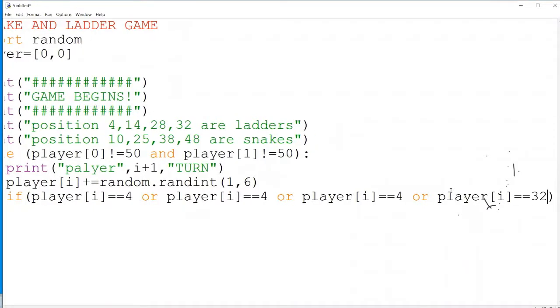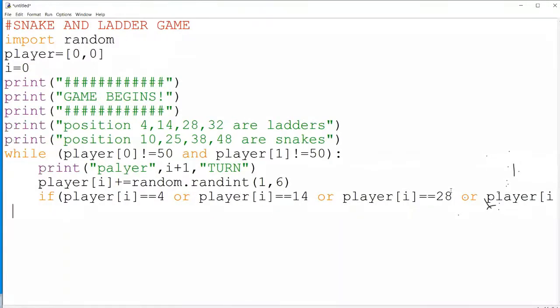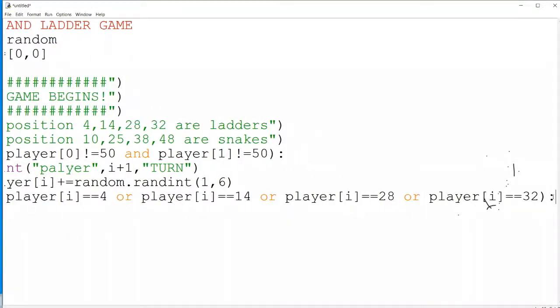So 32 is one position where we got the ladder, and then 28, then 14. If any one of the conditions is met here, because I am using the OR operation, one of the conditions must be true. If any one of them is true, it means he has achieved a position where he got a ladder.